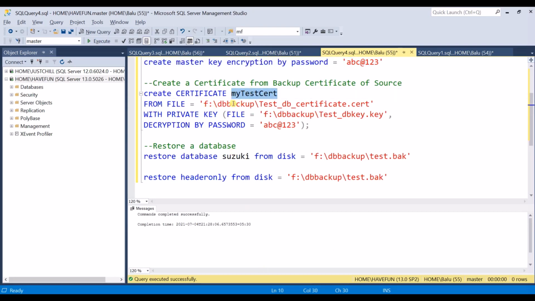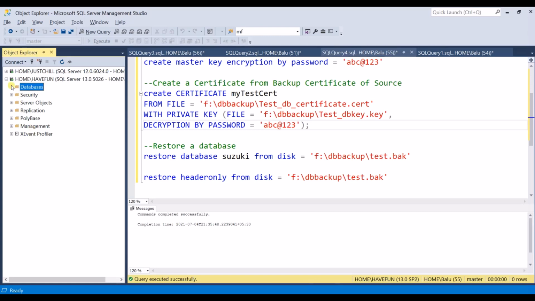This is the name I have given while taking a backup of the certificate. And also the key, and the most important thing, the password, it should be same. So now it has been completed. If you give a different name or a different password, it will not accept and it will throw an error.